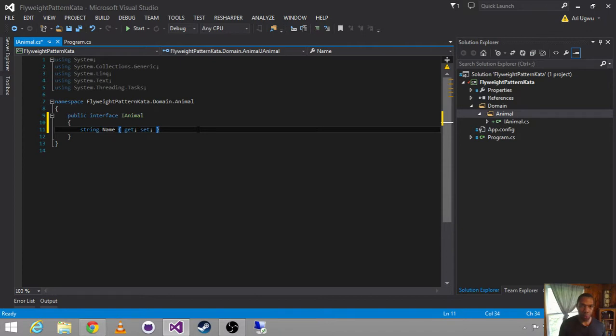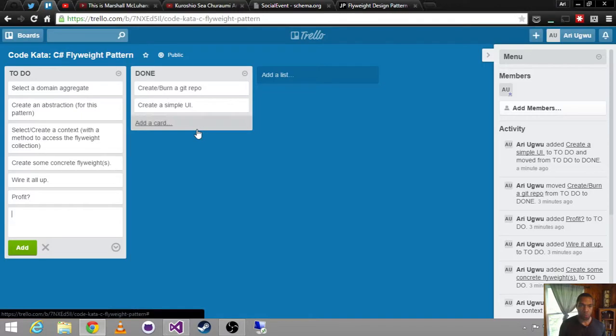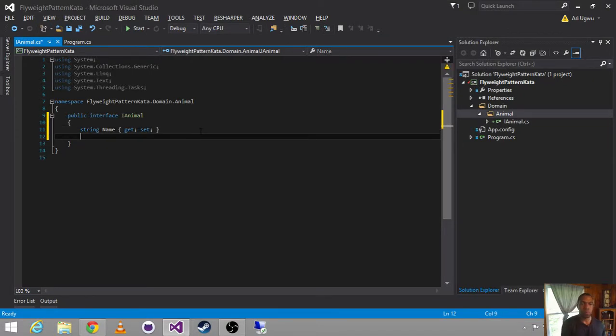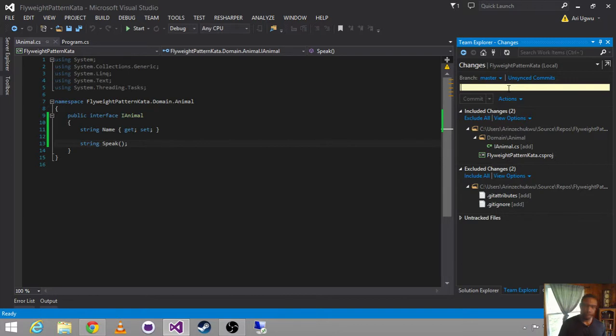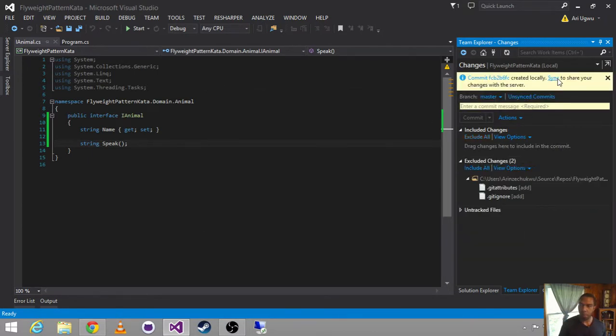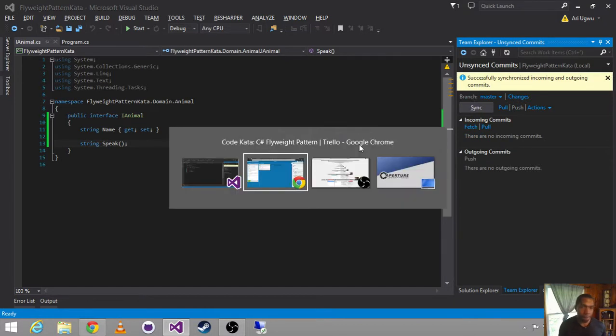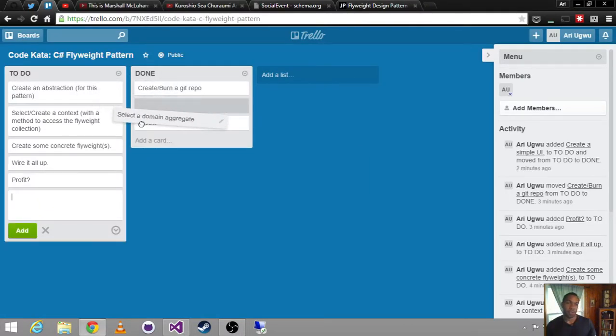And then we'll say that every animal can also string Speak as a function. Doesn't take anything, it just speaks. All right, so let's go ahead and check that in. And commit it and sync it up. All right. So,